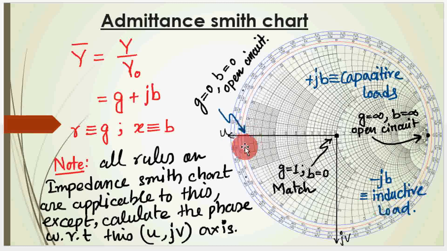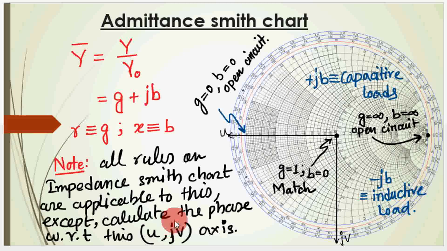This point was the short circuit point in the impedance Smith chart, but here it is the open circuit point, and this is the short circuit point. Sorry, it is not open circuit, this is the short circuit point in the admittance Smith chart. So all the calculations are the same as the impedance Smith chart, except one problem,